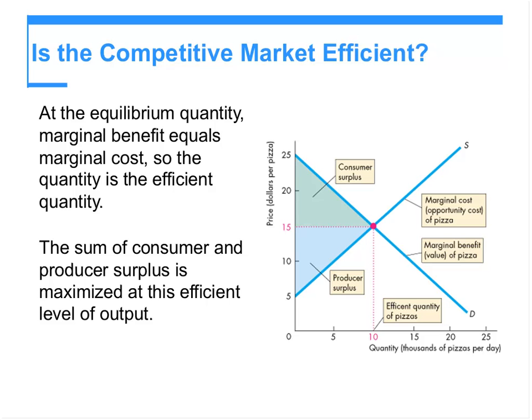You can see here, before equilibrium, consumer surplus happens as well as producer surplus. It means you have to produce more to reach the point where these two are the same, so there is no surplus anymore. As long as you have surplus, you get more value than your cost from the producer side, or you get more value over the price that you pay. So you go further to demand more or supply more to reach this point.